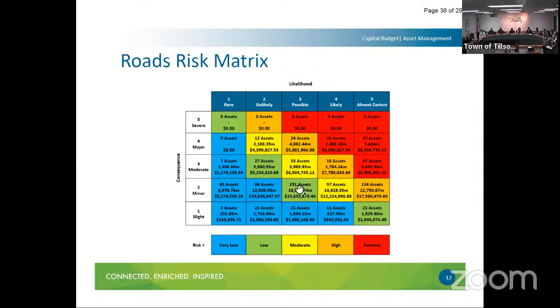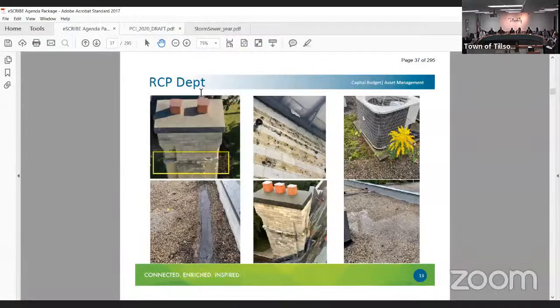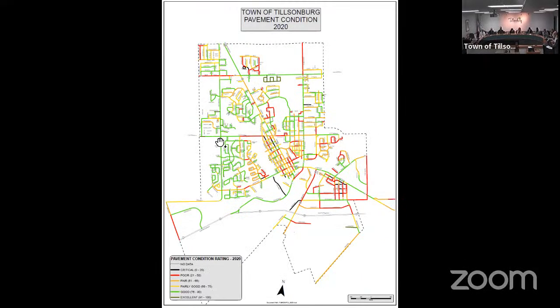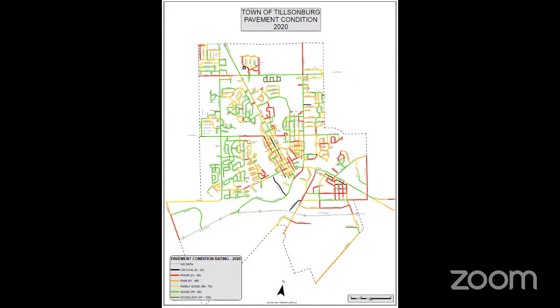So as we consider that, we can go to this map, which delineates our condition assessment in a map format, being poor, fair, fairly good, good, and excellent. As you can recall through the budget discussion,